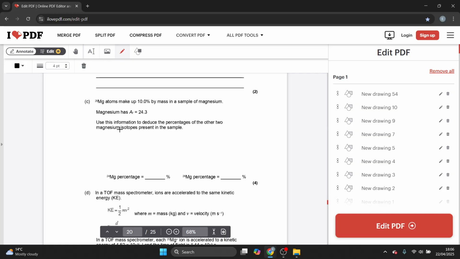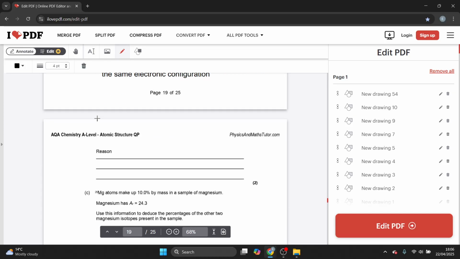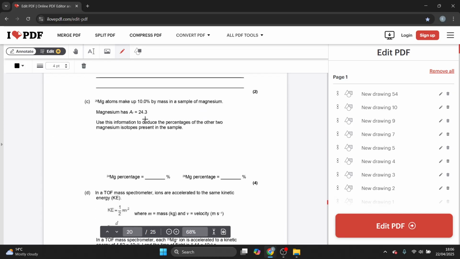When I first just read that to you guys, I was like, oh my days, not this again. An easy topic. Yeah, Ar, relative atomic mass, but it's just a weird question, weird context. But in reality, then I read it again, and obviously from the practice from those previous questions, I know what to do now. Ar 24.3